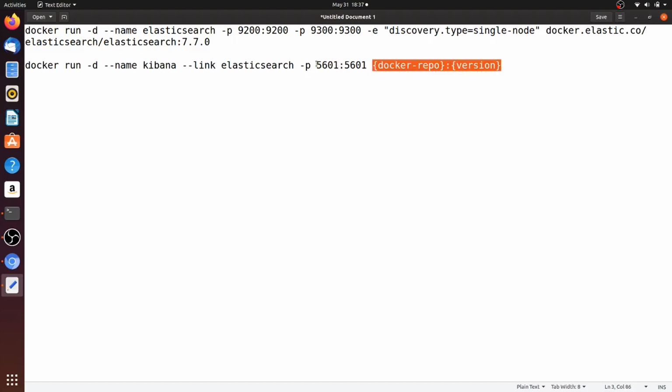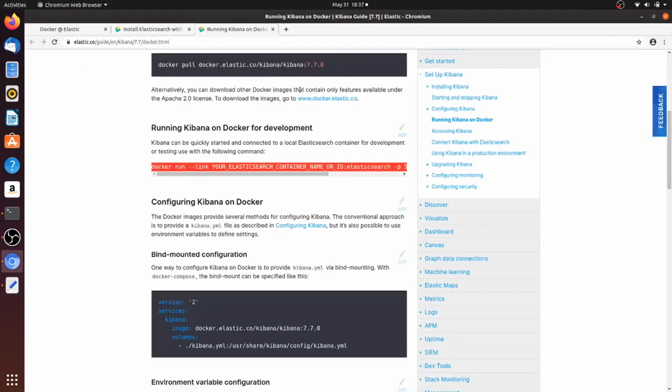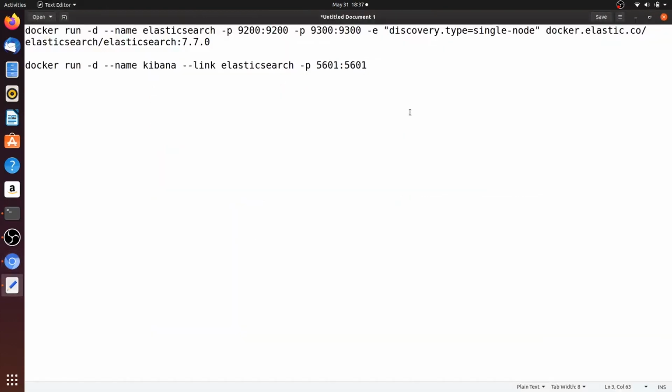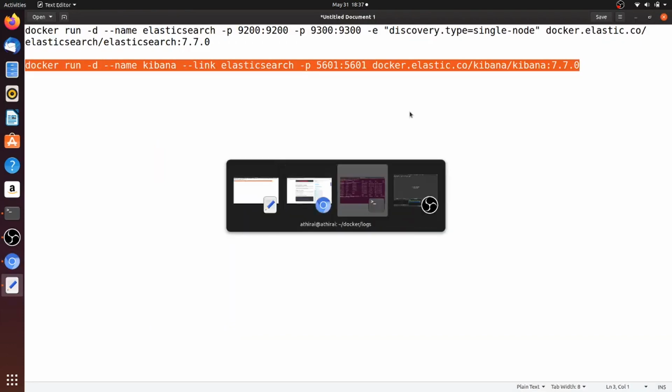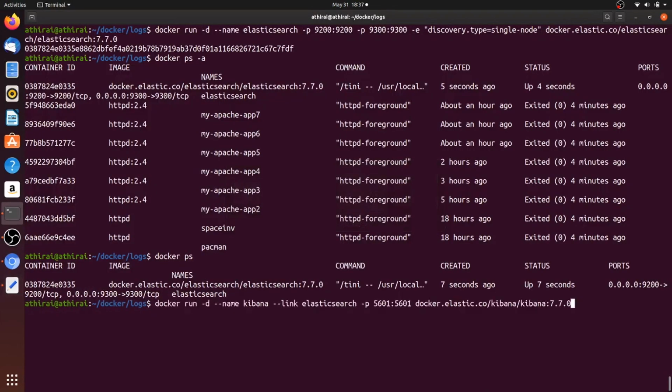Then we need the image, which we can take from here, the Kibana image. I'm going to paste it here, and then copy this and start the Kibana container also.